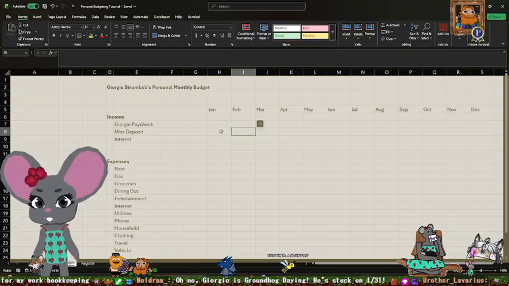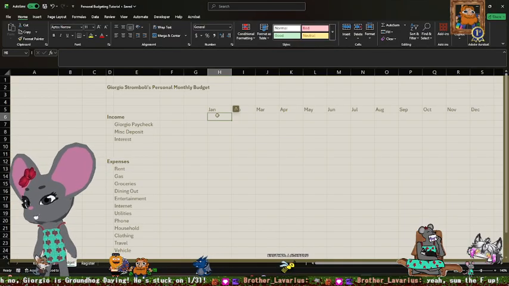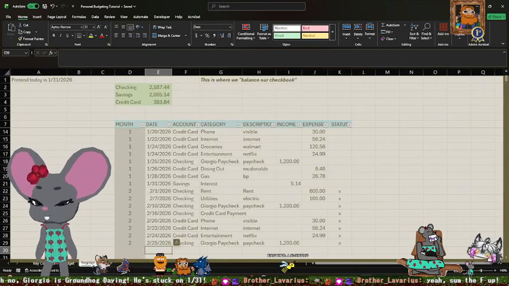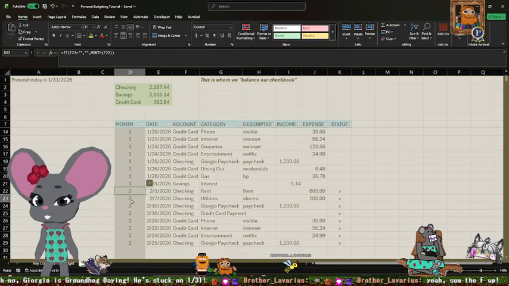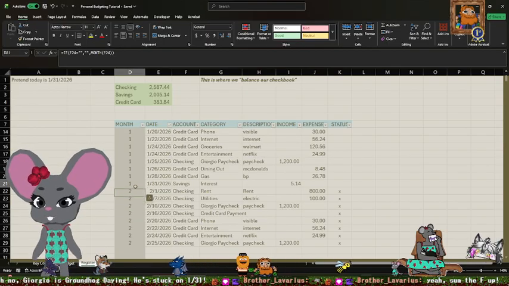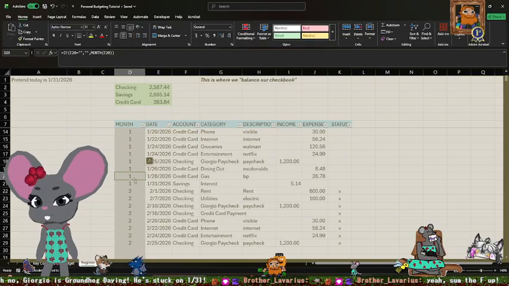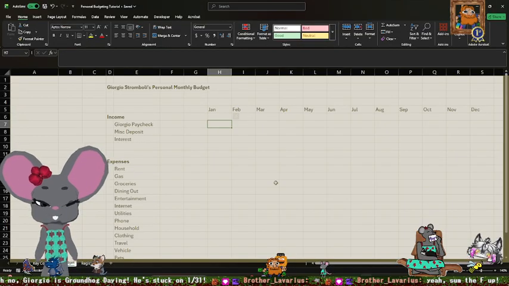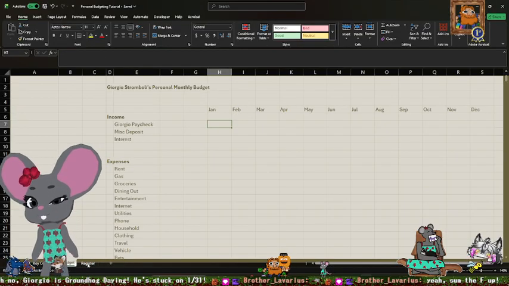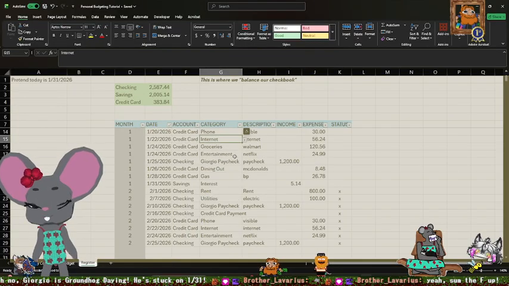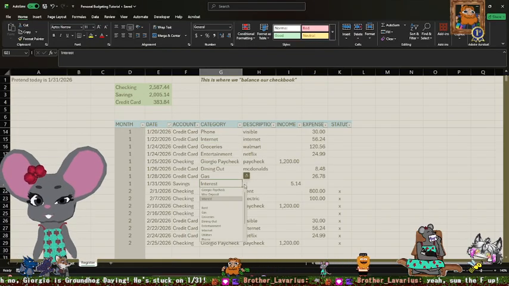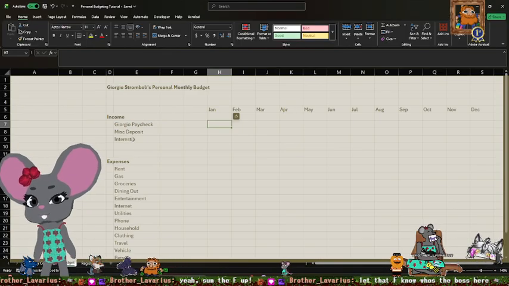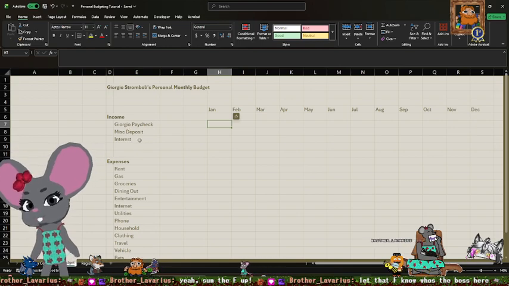So we're going to be building some formulas here. Now, I don't know if it's gonna grab based on the text. We could try. We might need to put in a number here also. Let's see what happens. Because we set up drop-down lists for our categories, we know that we can match the spelling of these categories to our budget page, and it should sum up correctly.